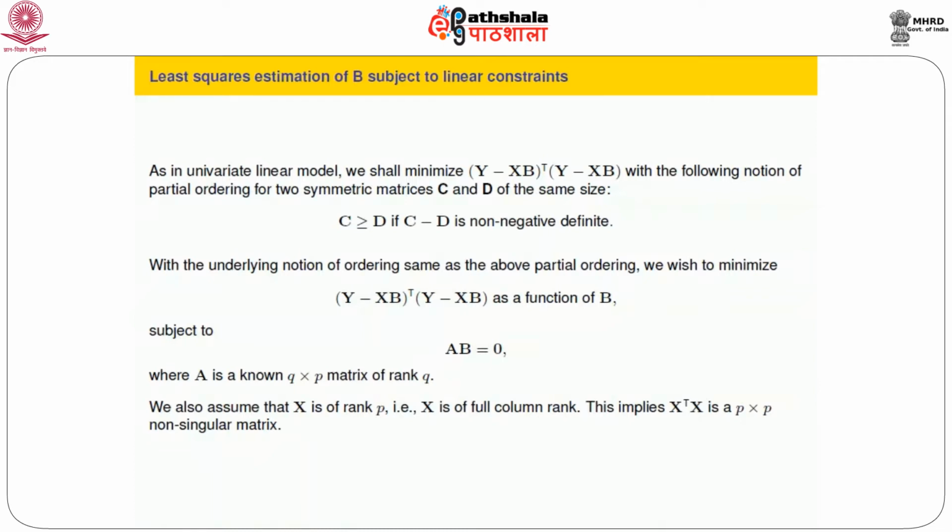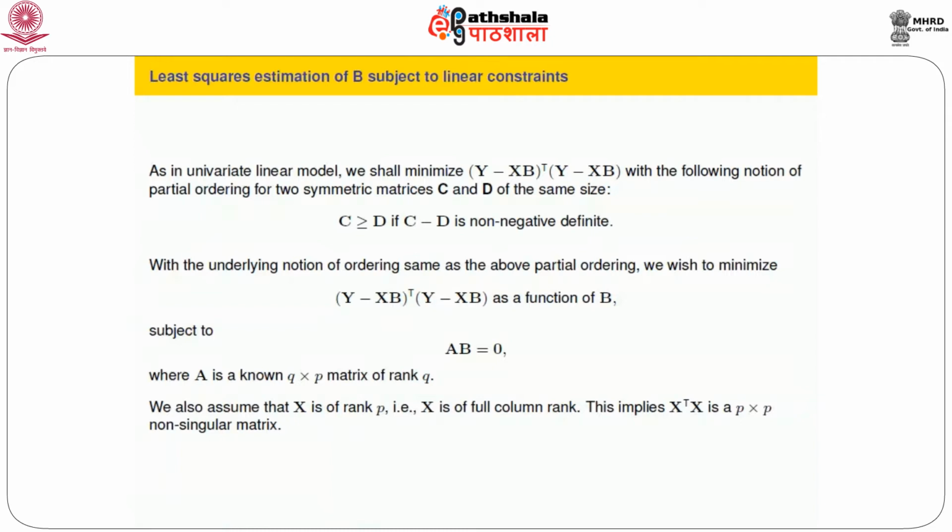Why? Because X is of full column rank, so Xβ and β are related in a one-to-one manner. Therefore, once we write θ for this Xβ, what do we see? Number one, the columns of θ are elements of the column space of X. Number two, the condition AB = 0 can be written in the form A1θ = 0. So the problem that we are addressing here has this alternative version.